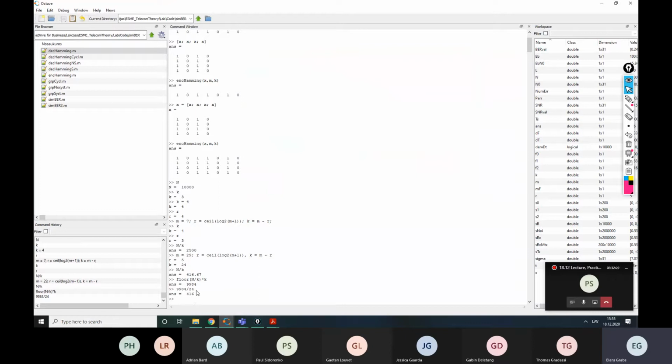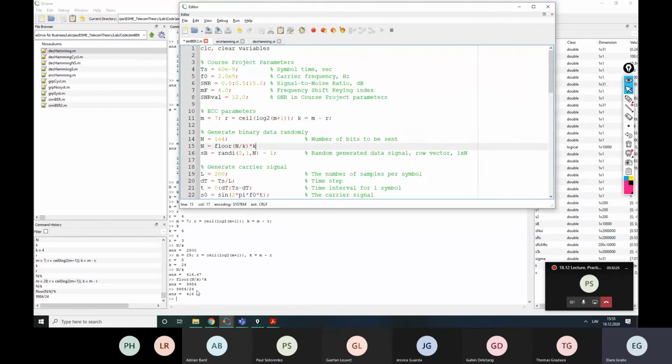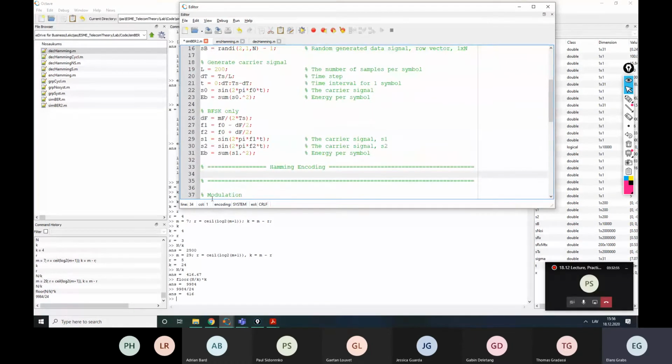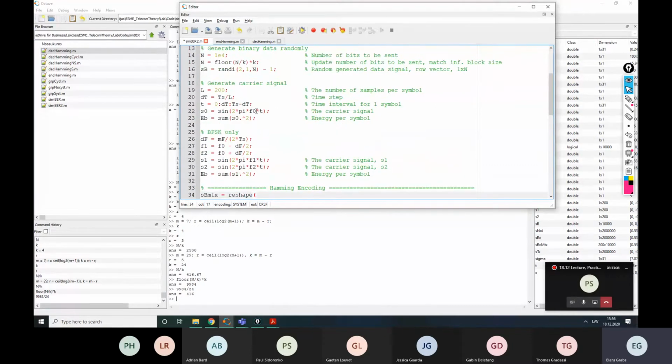We need this in order to use the reshape function. Otherwise the reshape function would say that it's impossible to create such a matrix, and we cannot help you. So that's not what we want. Let us write it like: update number of bits to be sent, match information block size. Now we generate the required amount of data and it can be reshaped. So let us create the matrix of the data as BER matrix by using the reshape function so that each row of data is actually